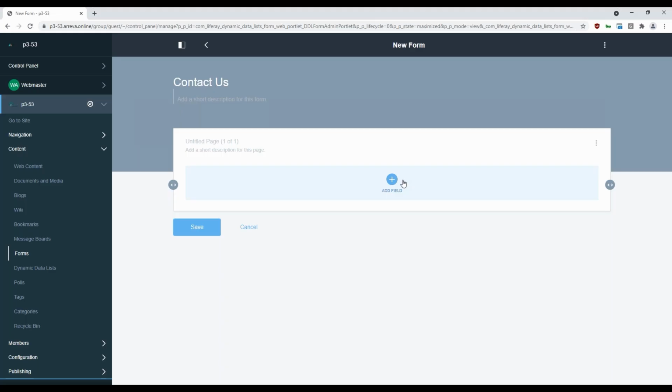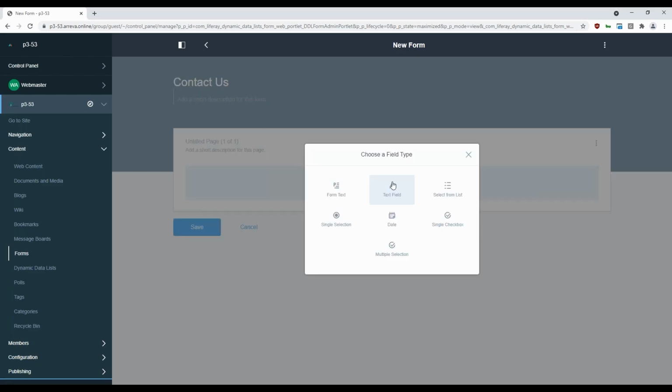If you have worked with any other type of web form out there, you will immediately see it has many similarities in setting up fields and things like that. Down below here, we have an add field option that automatically shows, and we can simply click on that plus sign. As soon as we do, the first thing that pops up is the options that we can set this field to be, whether we want it to be a text field, a select from list field,